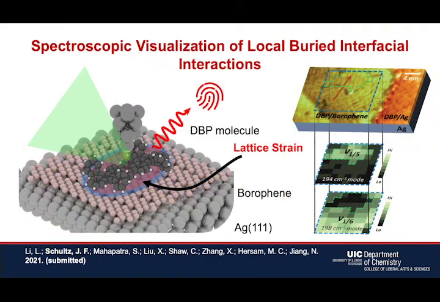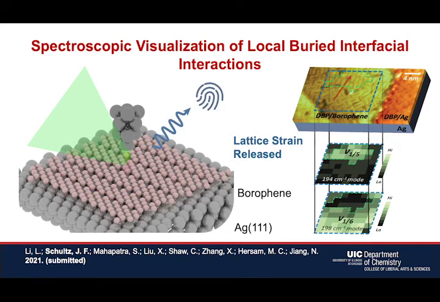I would also like to briefly mention one last study, as an example of a future direction involving a heterostructure. Here, UHV STM TERS was used to spectroscopically investigate a vertical organic borophene heterostructure. It was possible to identify the borophene phase beneath the adsorbates, as well as characterize interfacial strain in the borophene lattice that arises from molecular adsorption. This was confirmed by a combination of molecular manipulation with the STM tip and TERS vibrational fingerprints with angstrom scale